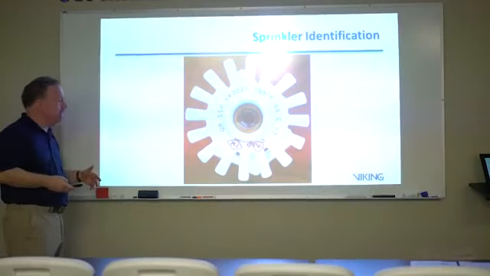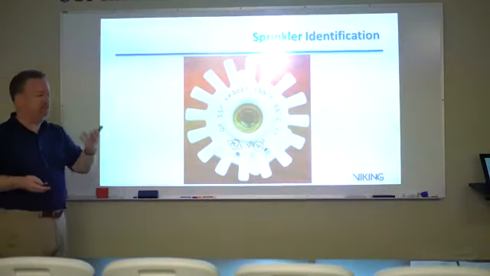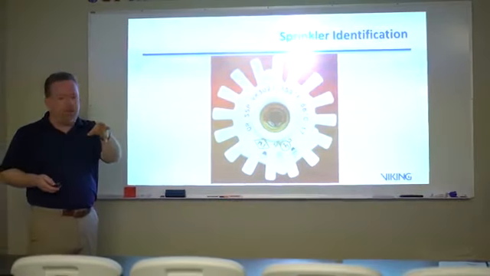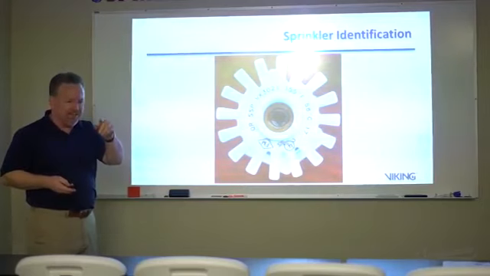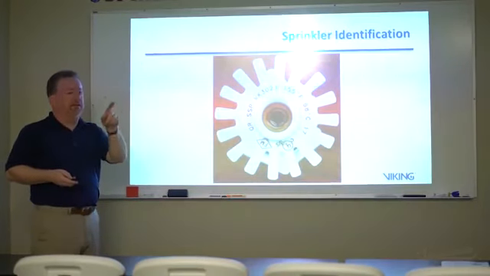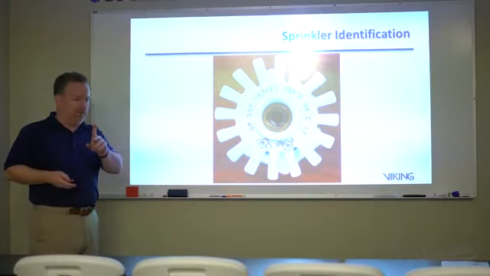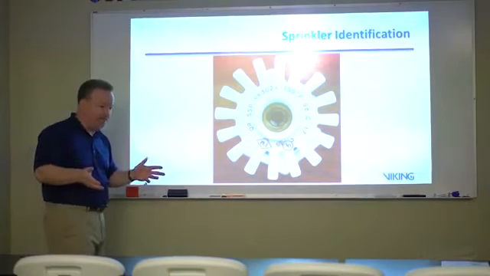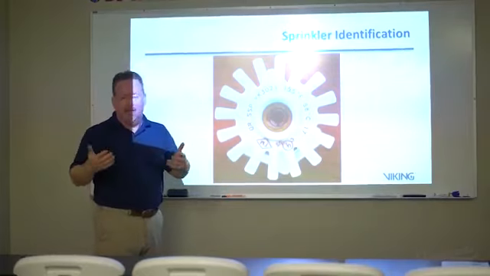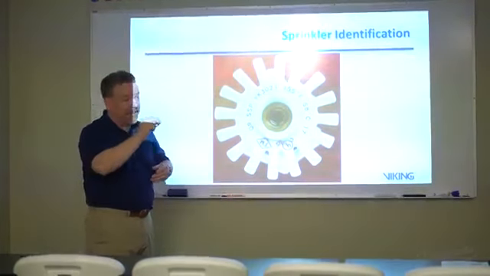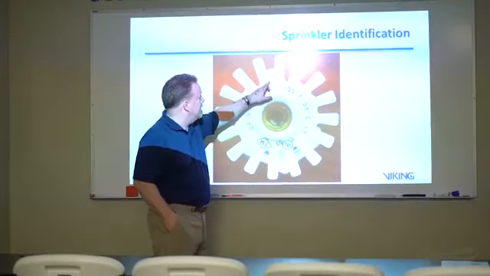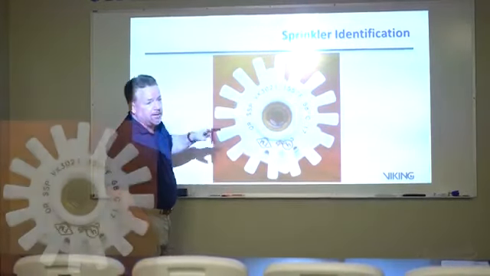But the big question then becomes, well, that's a lot of sprinklers. And in fact, Will and I just went through the exercise of, wait a minute, what is that K-factor? I can't read it, but I can read what's called the SIN number, the sprinkler identification number. So in all of these sprinklers, how do I identify them? What's the quickest, easiest way to identify a sprinkler if I'm holding it in my hand? The best way to do that is through the SIN number,